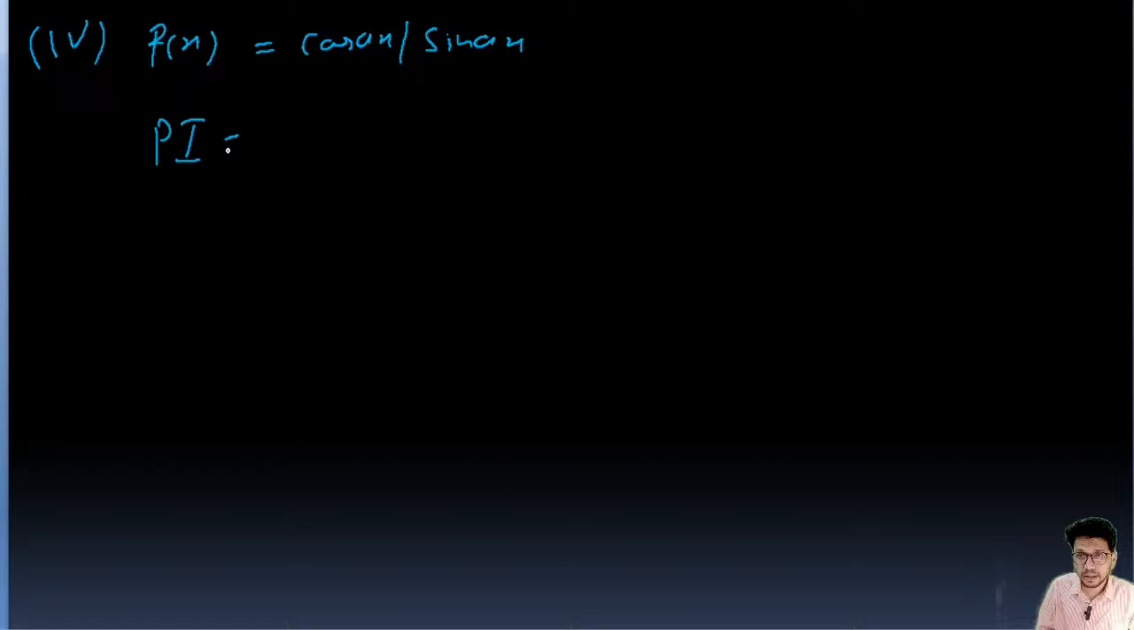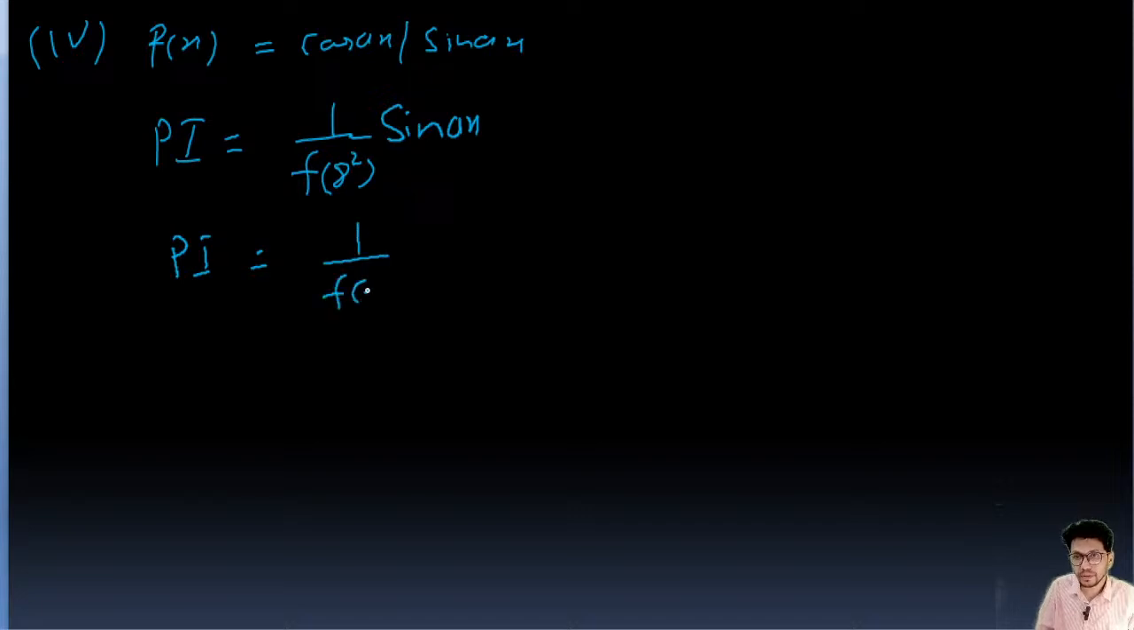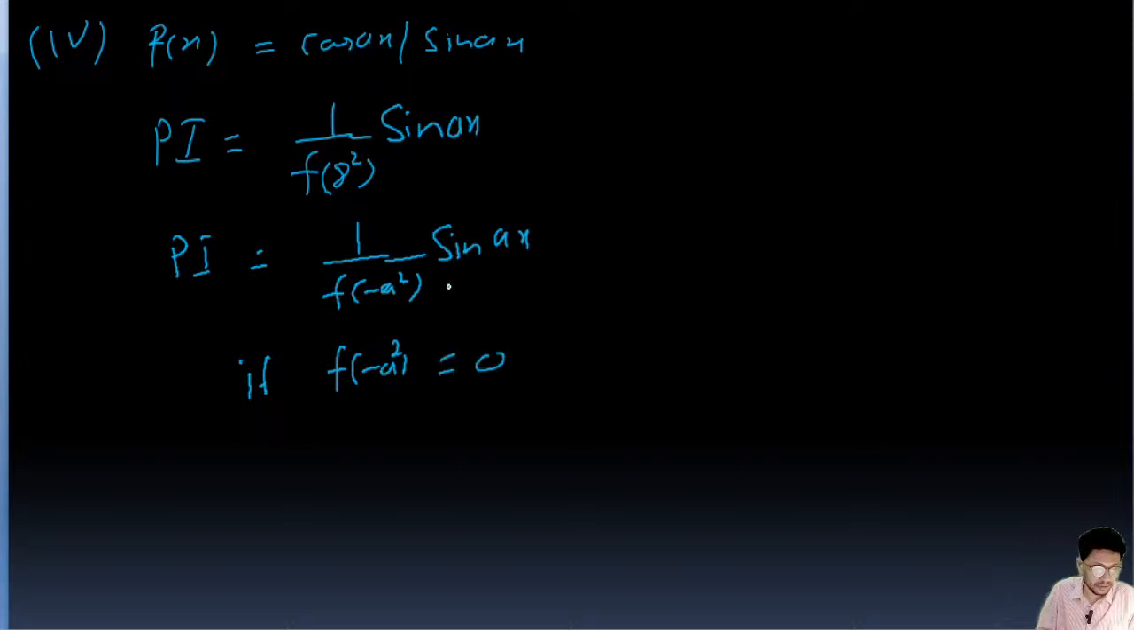PI is going to be 1 upon f of d square, cos Ax or sin Ax. You can write any one of them, sin Ax. So PI is going to be, we'll replace d square by minus a square. So 1 upon f of minus a square, sin Ax, and then we'll solve it. And also if f of minus a square, this value gives 0, if this value is 0,